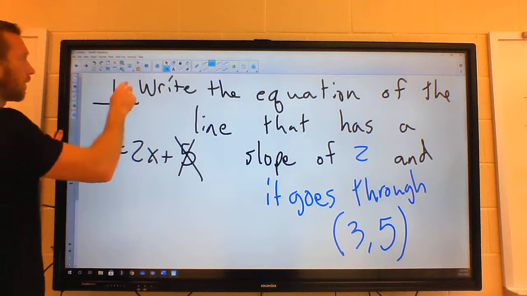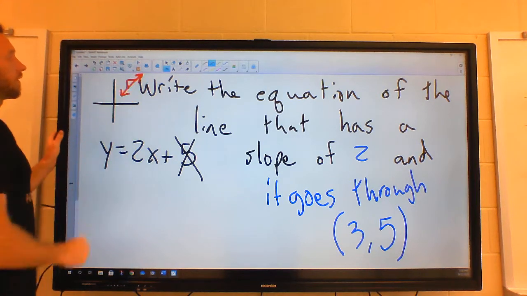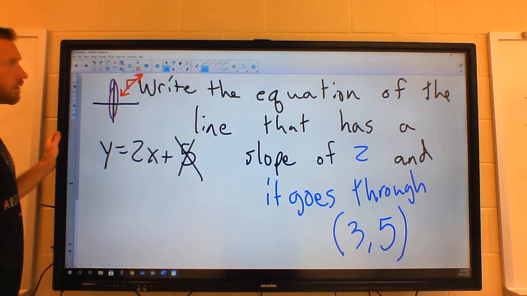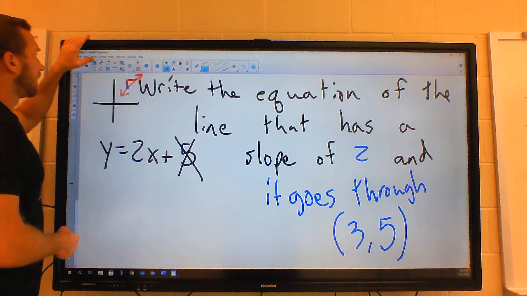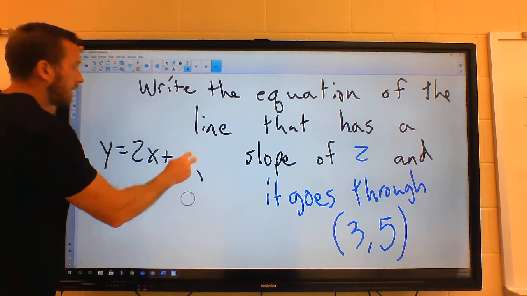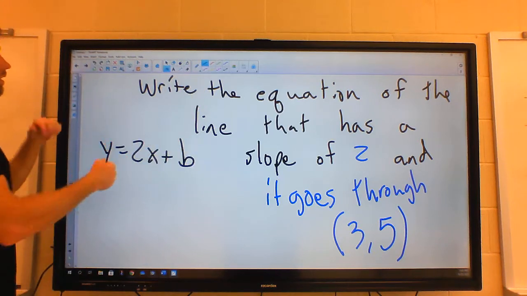That's just some other point. And we know the slope of the line through there. We are missing the y-intercept. Hopefully this drawing makes sense. It helps you out. We are going to solve this the same way that we did on that last example